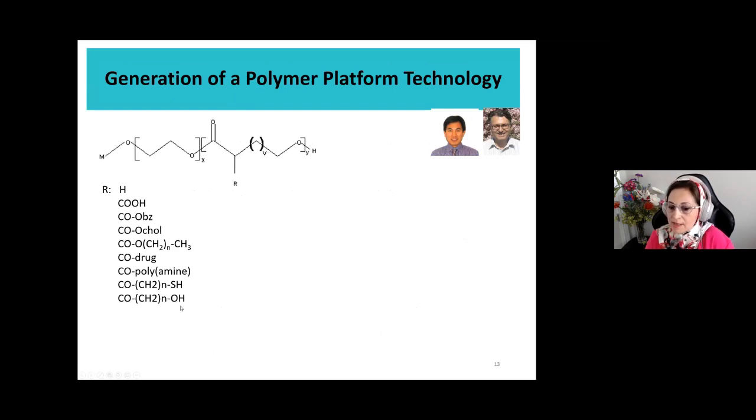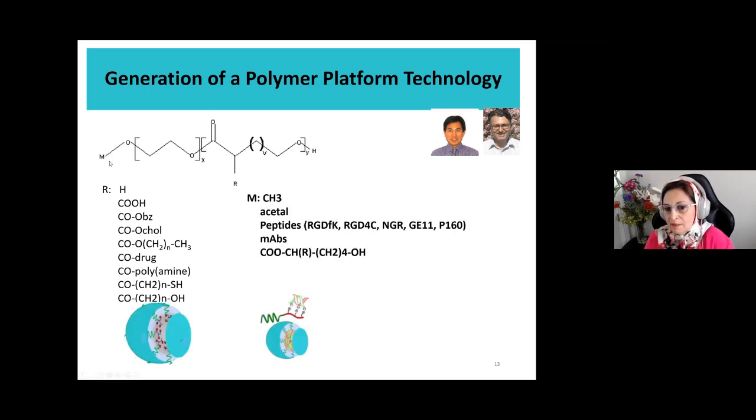Some of them are listed here. We have attached fatty acids, we have attached cholesterol, we have attached functional spacers with thiol or hydroxyl functional groups. We have also carboxyl group, and we have been able also to chemically conjugate some drugs to this polymer. On this end, we have been able to basically attach peptides, monoclonal antibodies, and other ligands for targeting of cancer